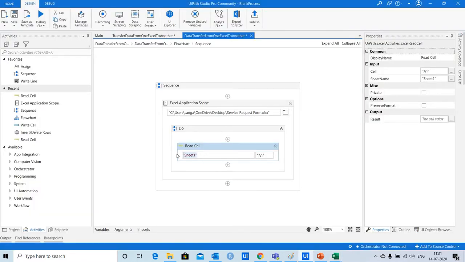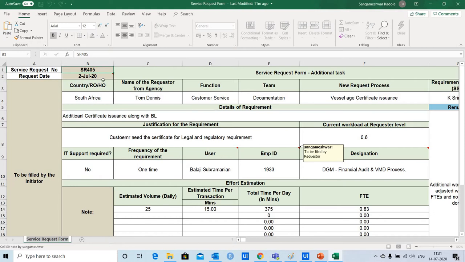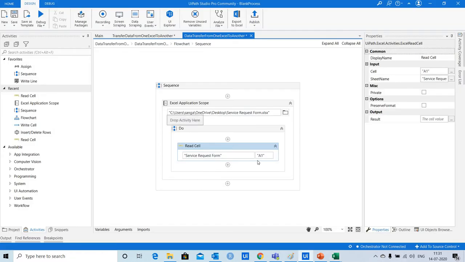So I'm going to mention that here, service request form. Need to use this with double inverted commas. So I need to specify here the cell from where I need to capture the data. So for service request number, the cell is B1.